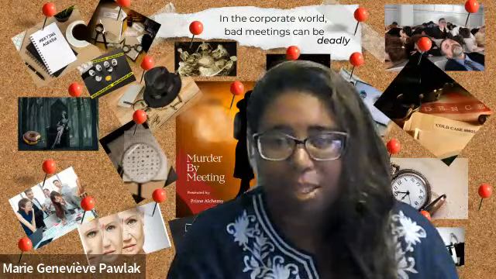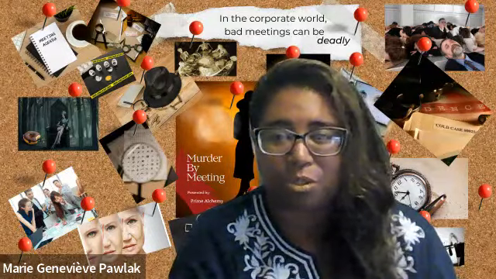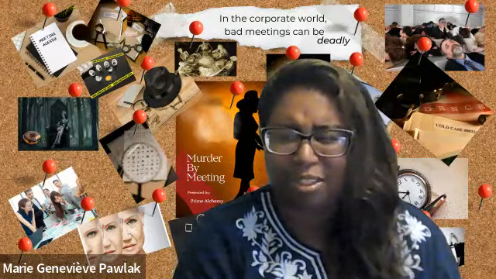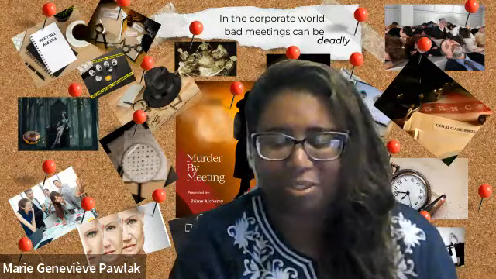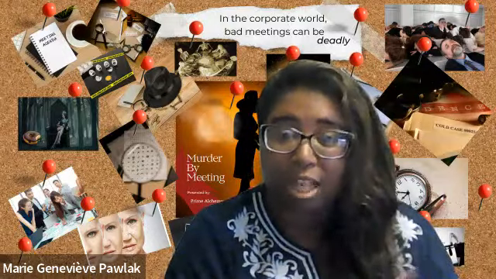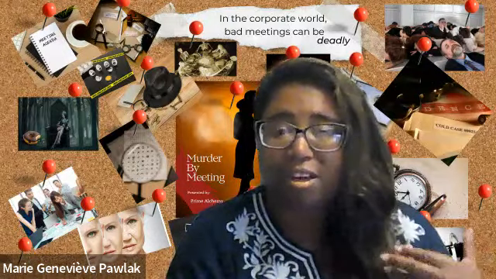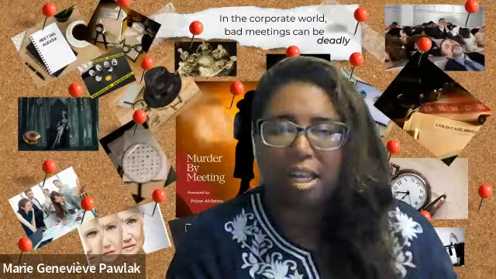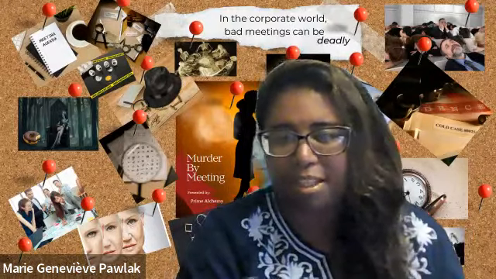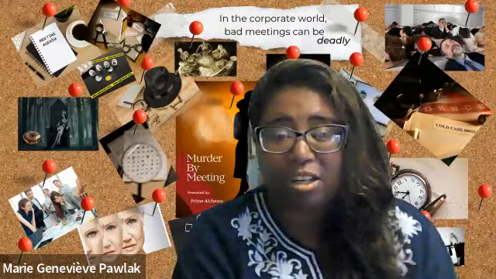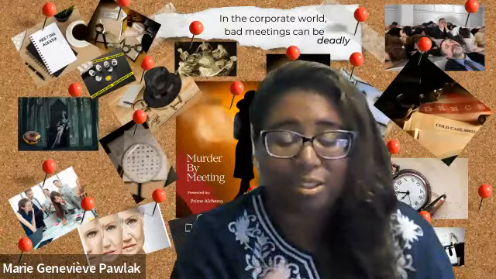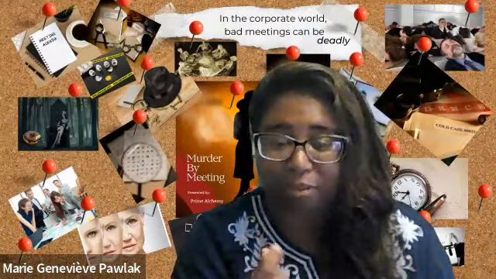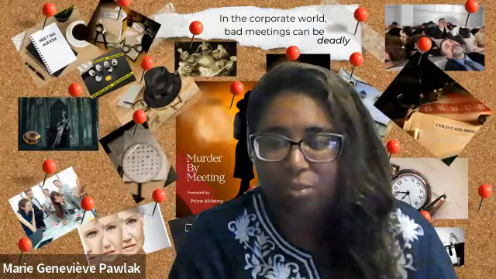Behind me, you see a lot of pictures, and a lot of the pictures are kind of interesting. Some of them are kind of visually stimulating. Some of them might be a little horrific, like, oh my gosh, those poor eggs are in a murder scene. These are actual pictures that we've used in the deck of Murder by Meeting. And a lot of times they're just there to be able to guide whoever is presenting. So when I'm presenting Murder by Meeting, those pictures are there to help guide me so I know which murder I'm on and what I need to say next, kind of jarring that memory for me. That is what your PowerPoint should be for you.